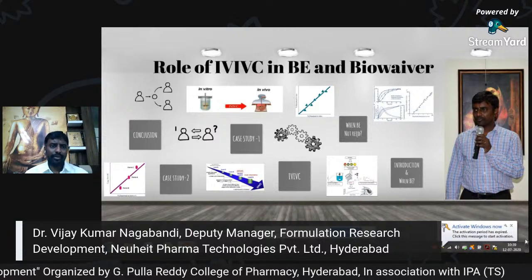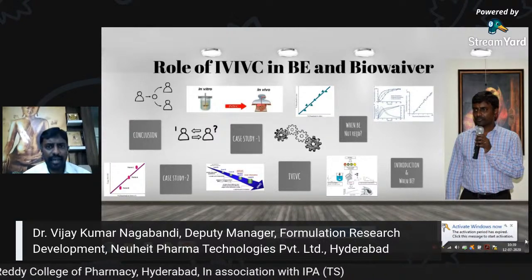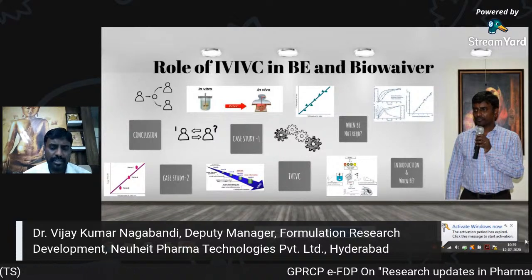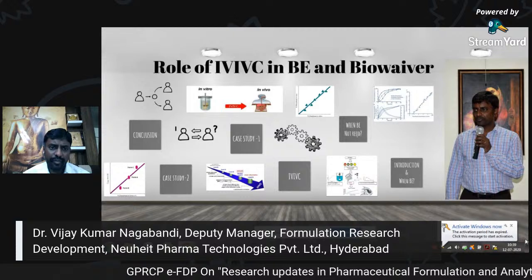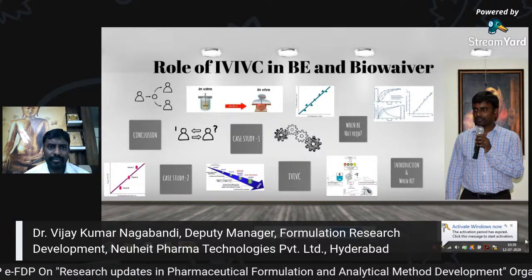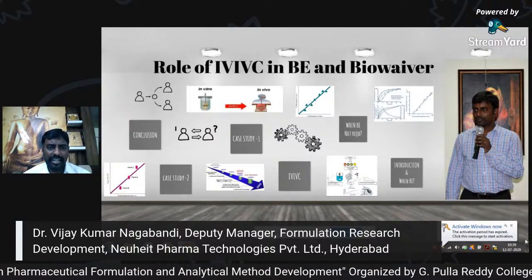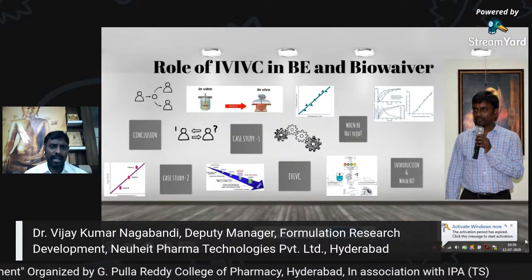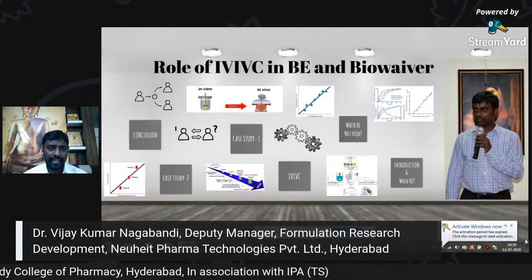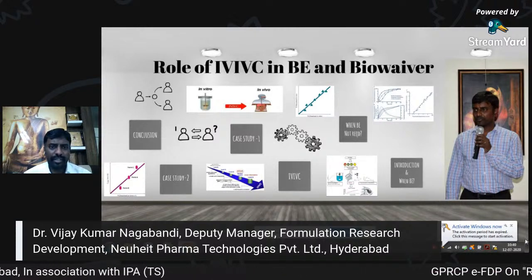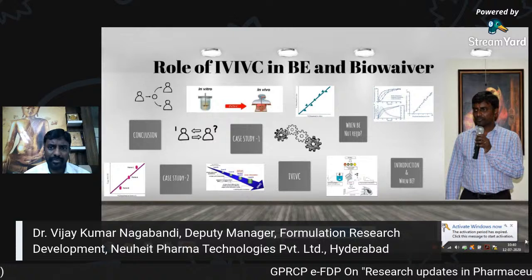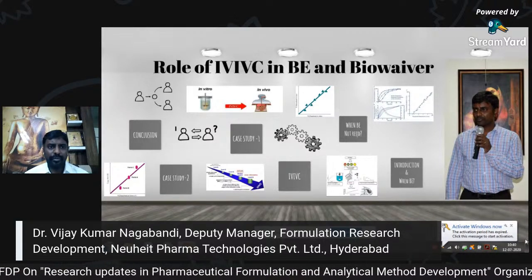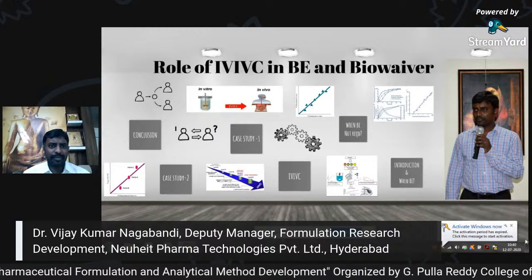As you all know, in pharmaceutical formulation research we generally have two types of research. One is innovative research and the other is generic research. Innovative research requires at least preclinical studies, phase 1 clinical trials, then phase 2, followed by phase 3 with a large number of patients. Only then can the molecule be brought into the market as a suitable dosage form. So it requires more than 10 years, sometimes up to 20 years, and an investment of more than 10,000 crores. So it's not a small job.